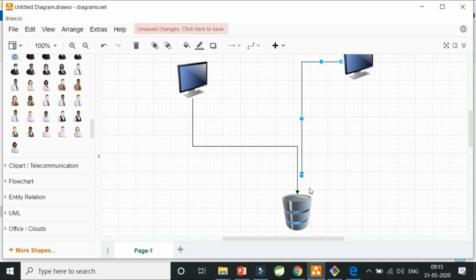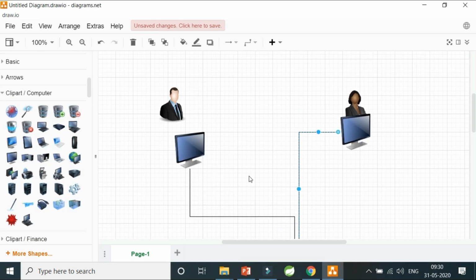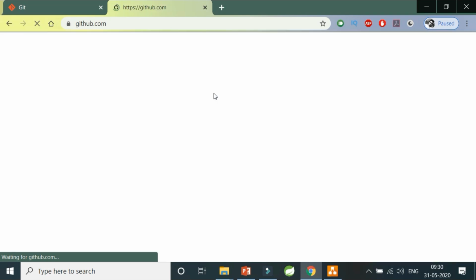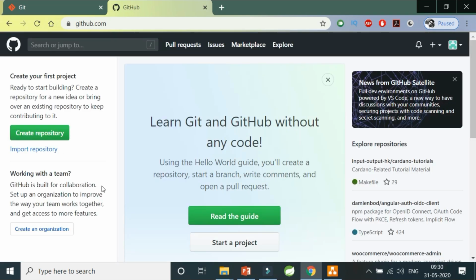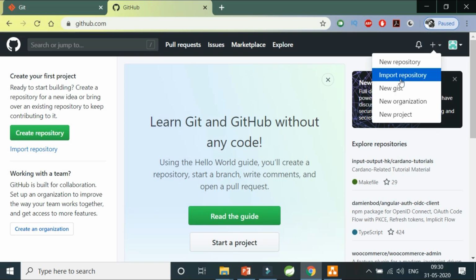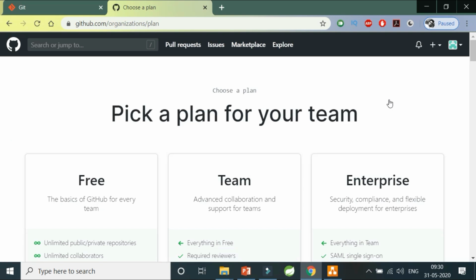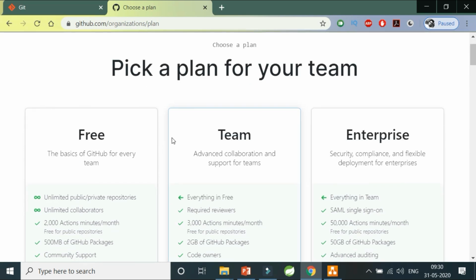Let's just get started with creating these repositories now. For creating the repositories, we need to go to the GitHub account. I already have a GitHub account created for you, a brand new account, so that we can start from scratch. So this is my GitHub account. Now here I'm going to first start by creating an organization, because we are going to learn Git from the perspective of a real-time organization. Rather than doing it in a very local way, or something not related to the IT world, we are going to completely follow how it is done at the organization level.